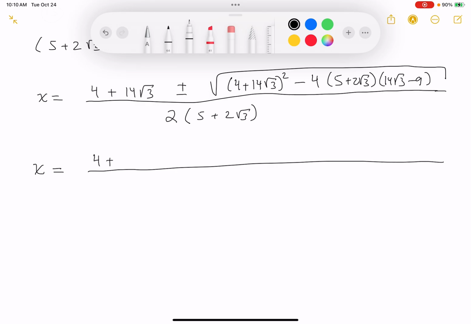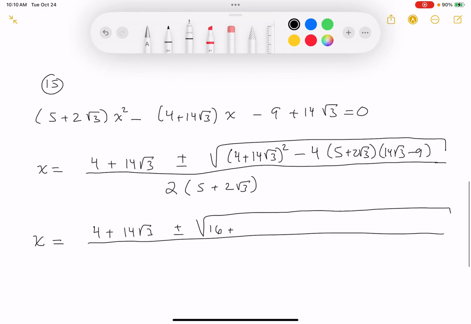And this is 4 plus 14 root 3 plus or minus, I'm going to try to do this now. And yeah, it looks kind of nightmarish, doesn't it? Well, 4 squared is 16. And then let me write this over here for you. 14 squared. That's 140. 10 times 14 is 140. Then you get 40 and 16, which is 56. That's 196. All right? So it's 196 times 3 now,